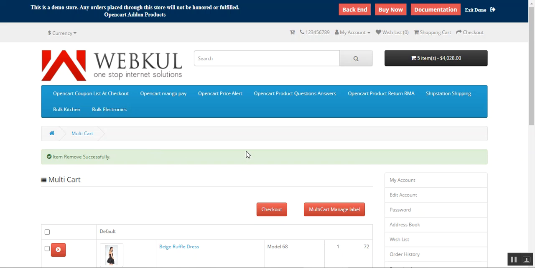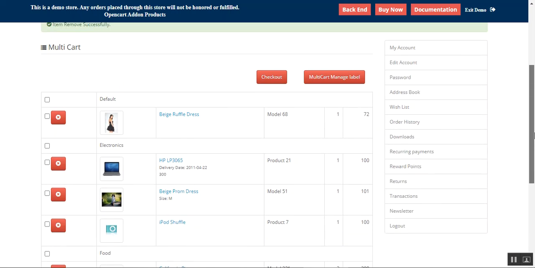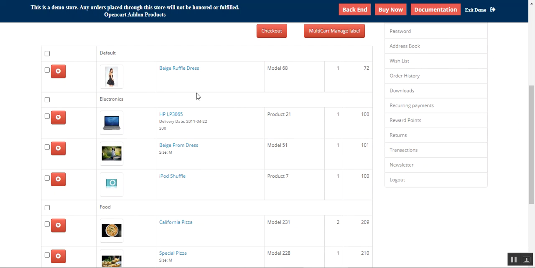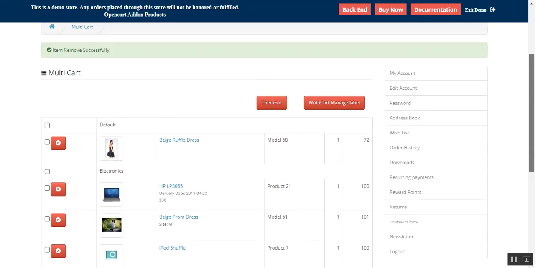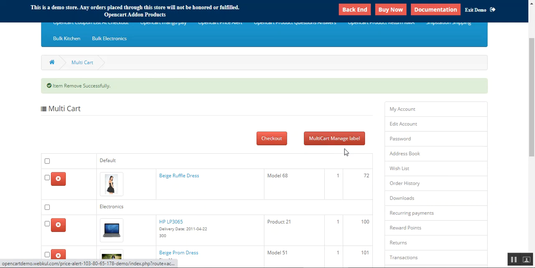So that was much about this particular plugin, and I hope it helped you out in understanding how this plugin basically works, how you can create the multi-carts, how you can create different label sections like food, watches, and others, and then you can add the products from the product page into your multi-cart so that you can save it for a later time. And from here within your multi-cart, you can add your product, and you can transfer them into your checkout page to place the order for those products as well. And apart from that, you can add multiple products into multiple labels that you've created. You can also manage your labels.